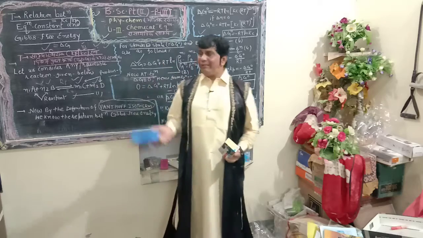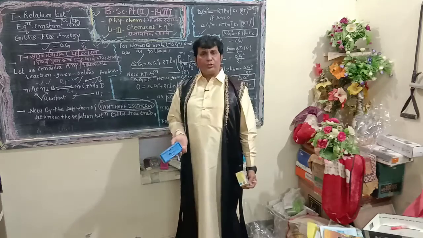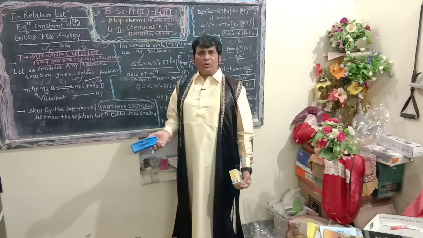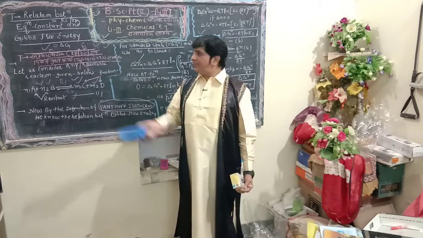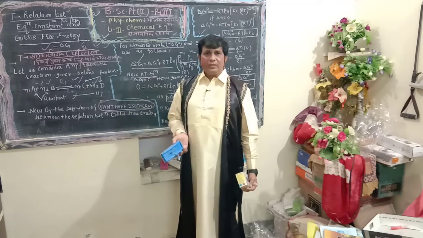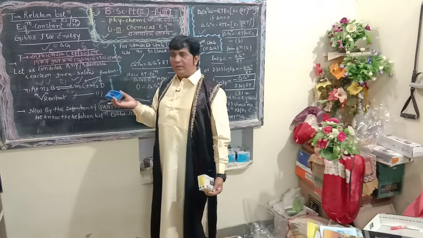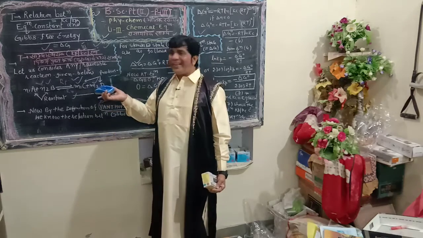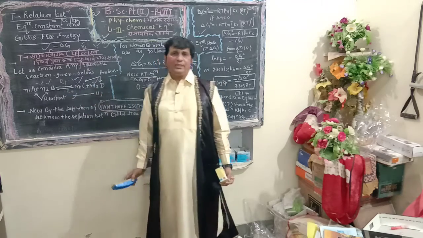In order to explain the various factors we have discussed in the classroom, the first one I am going to discuss is concentration. Suppose we increase the concentration of reactants, the equilibrium will shift in the forward direction, and if an excess quantity of products is formed, the equilibrium will shift in the backward direction.